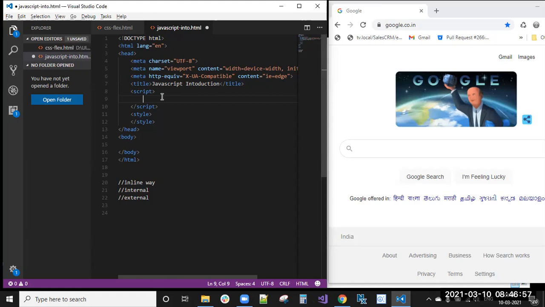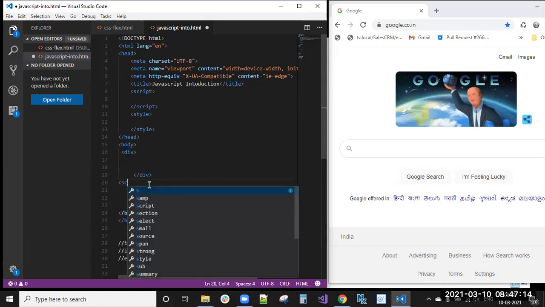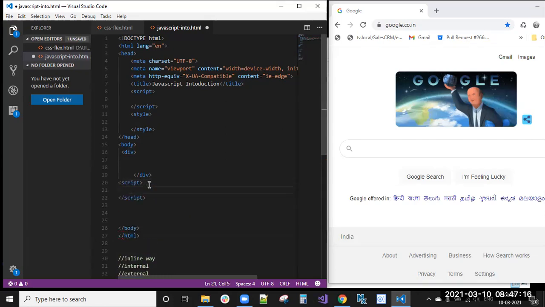Here we will write the JavaScript. In a similar way, in the body section also, at the end of the HTML, we will write some div tags, right? Up to here, our HTML code is done. Then after that, here I can write the script tag and the JavaScript code.